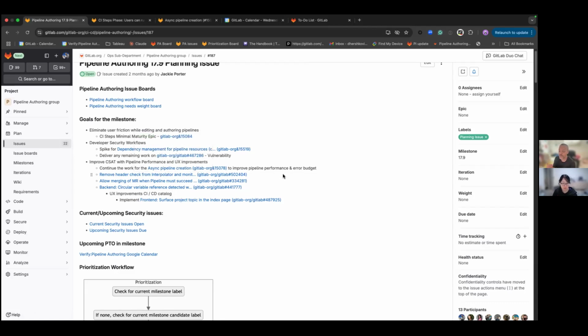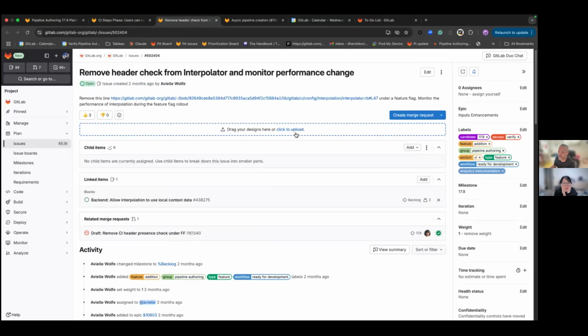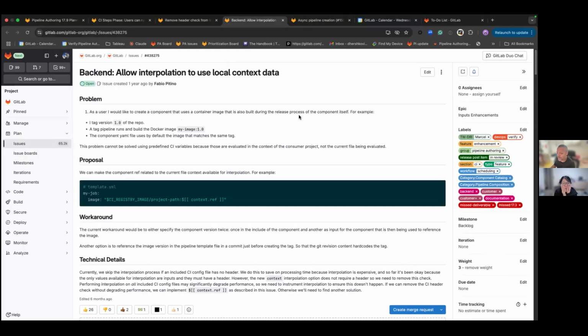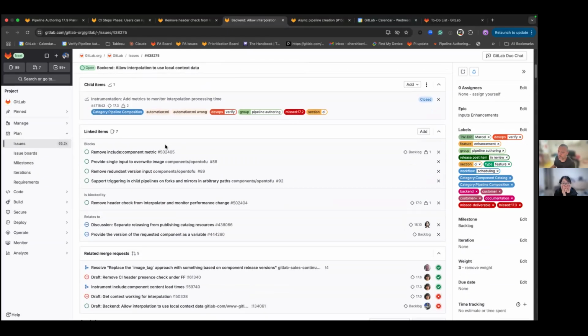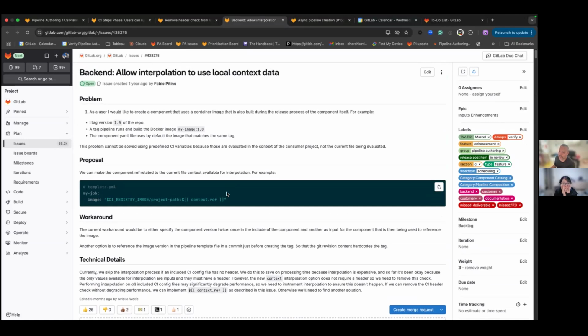If we understand that we don't have any major impact, then we can start working on this issue, which is a highly demanded issue that is also a blocker for other improvements, and will allow our users to extrapolate the version of a component,